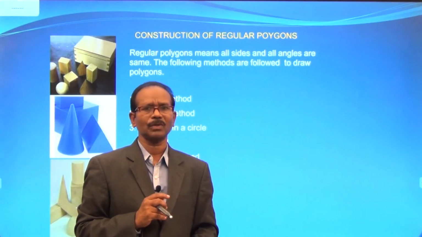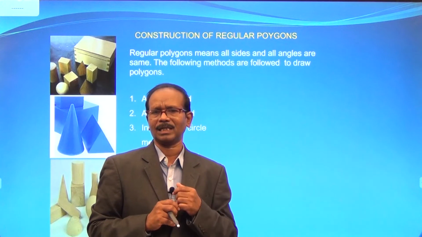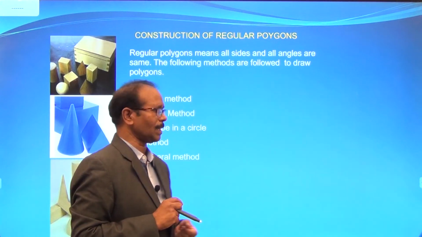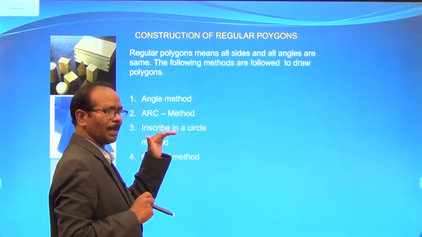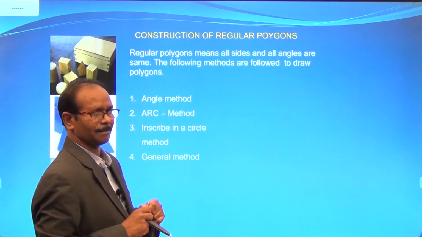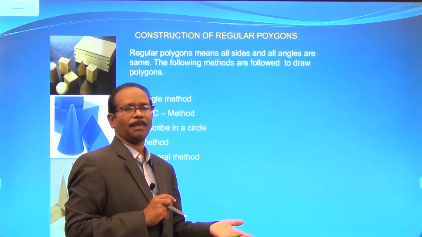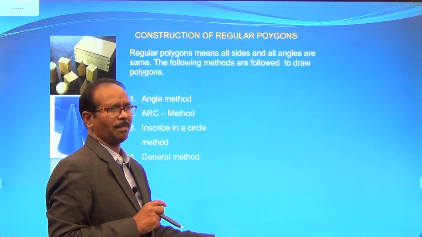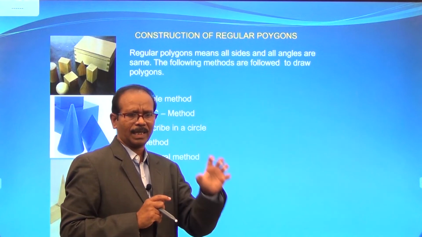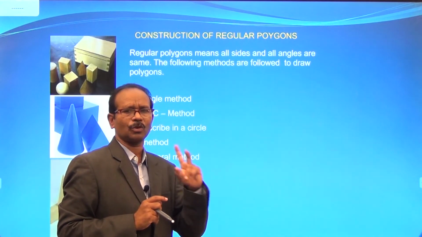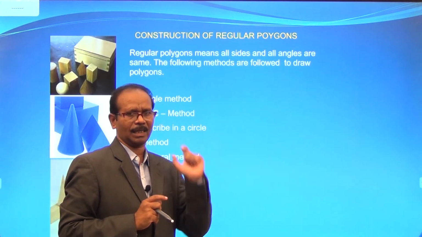Now these designs are used in the construction field. Very big constructions, hexagonal shape, pentagonal shape, octagonal shape. Now these are all geometrical constructions. So one basic concept is to draw polygons. Depending upon the number of sides, we name them: pentagon 5 sides, hexagon 6 sides. Only repeatedly we come across these two objects: one is pentagon, another one is hexagon.